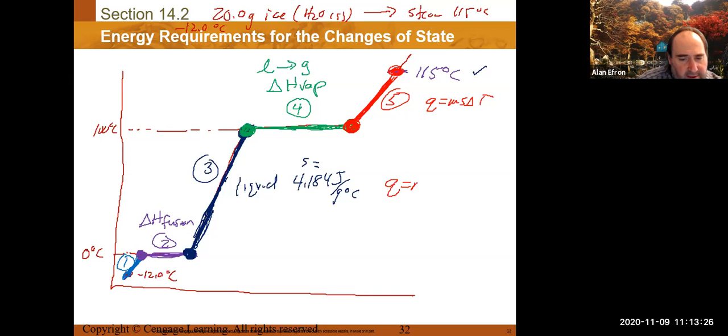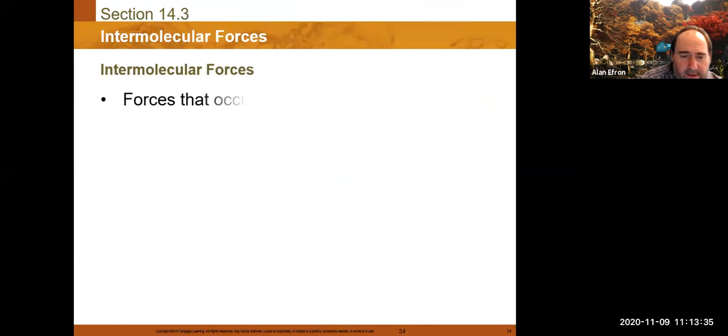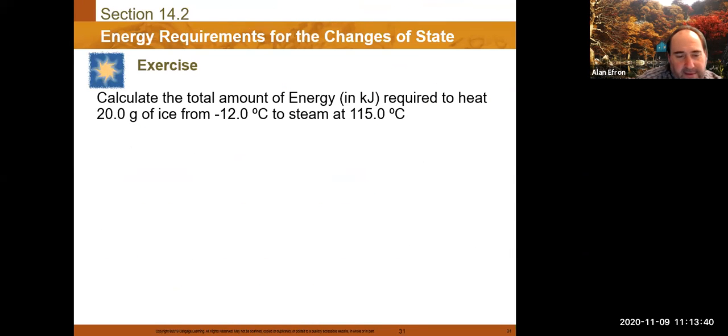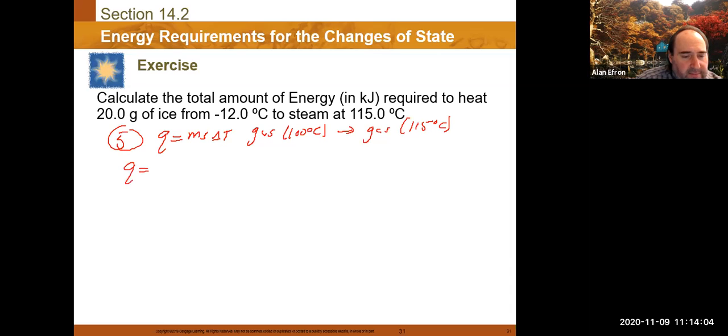So again, as you can see on all these ones that we change temperature, we use our specific heat equation. Let's go back here. We'll do it here. Step number 5, I think it was, is going to take our Q equals m s delta T, and we're basically taking, again, gas at 100 degrees Celsius to gas at 115 degrees Celsius. And our Q would be 20